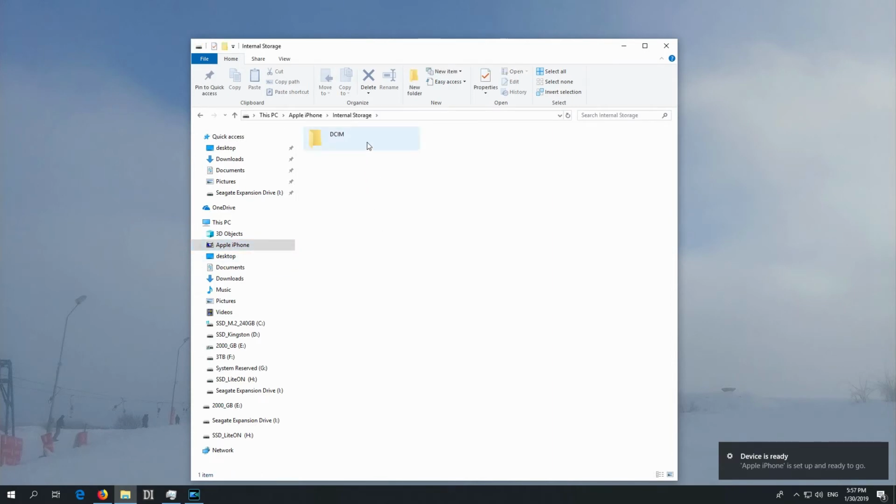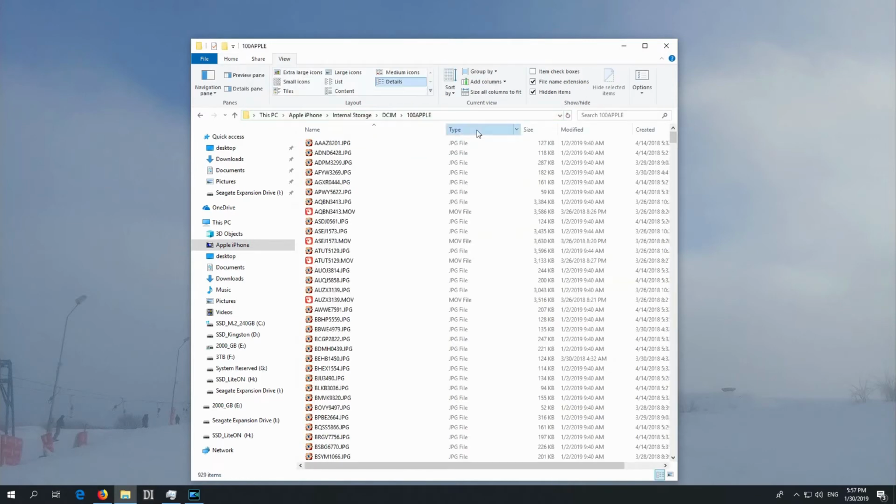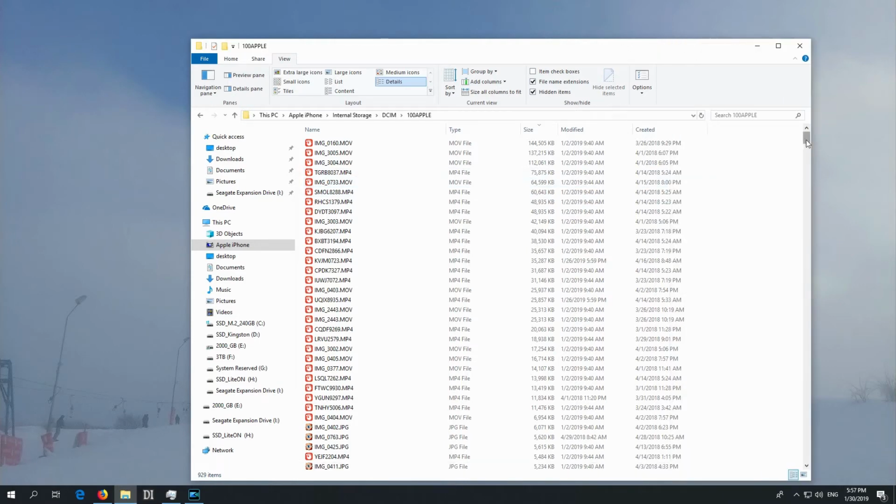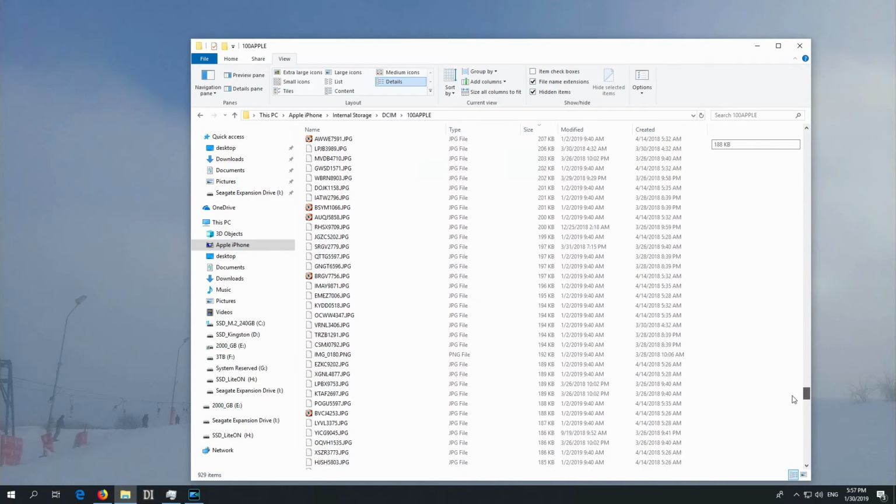This has no microSD card. Inside these folders, and that's the content. I just sorted it by type. Let's sort it by size. Okay, and I can see the videos that are here, but I'm searching for a larger video, which is a